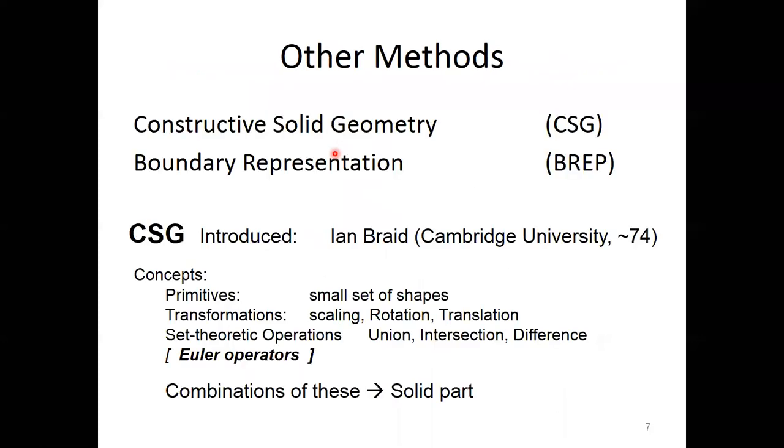So the two popular methods to generate 3D are CSG, which is expanded as constructive solid geometry, and the second one is BREP, meaning boundary representation. These are the two techniques used to create three-dimensional objects. Let us discuss constructive solid geometry. Only the principle I am going to explain in this session. That much information is enough for you.